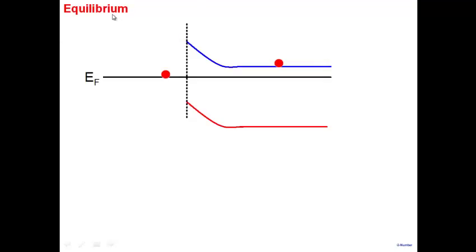Consider equilibrium. Now in equilibrium, I've shown you two electrons. You can imagine that some of the electrons from here will gain enough energy and will cross over here. The electrons here, you have a whole population of electrons. Some of the electrons will gain enough energy and will be moving. If they're moving in the right direction, they may also cross the barrier here. So what is happening in equilibrium is this process is happening and this process is also happening. Electrons are going from left to right, they're going from right to left, and the two fluxes are cancelling